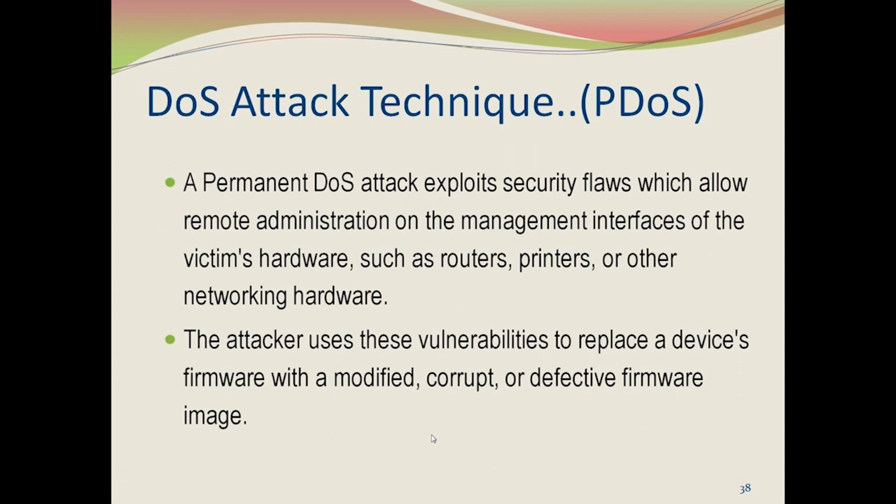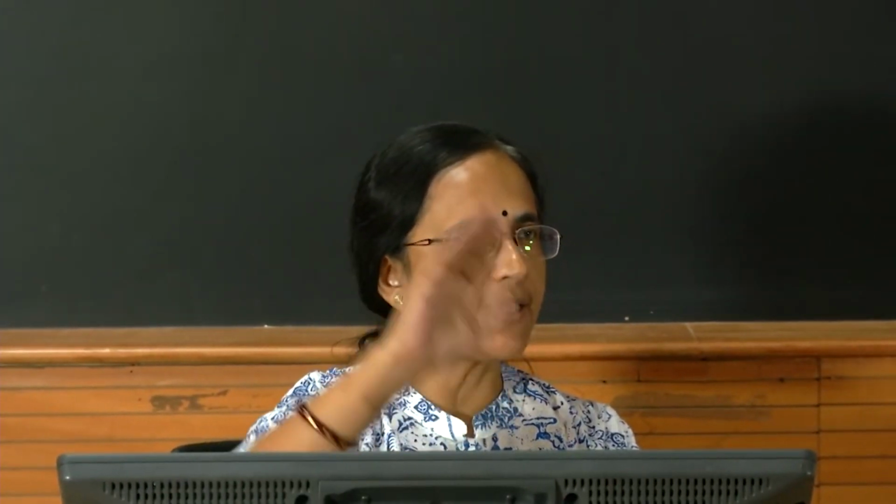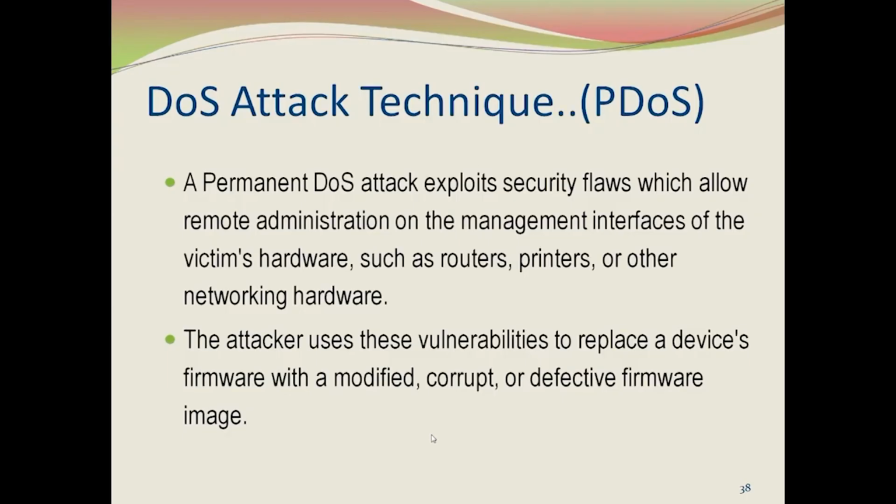I may have replaced, okay, I may have modified, I am not using the default things. So, in that case I may not be the victim, but some other parties may be the victim who have not changed, who are using the same things. Okay. So, that is permanent DOS attack,